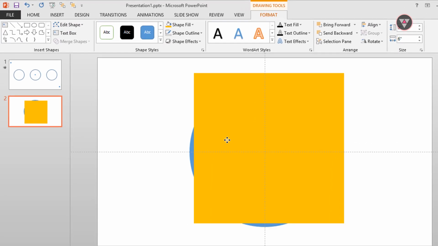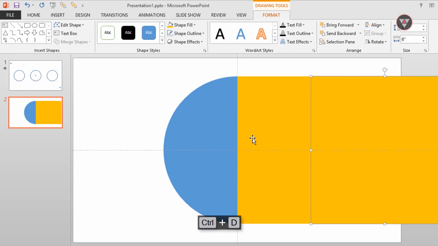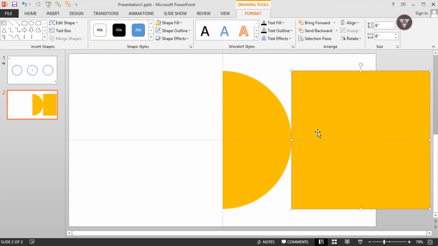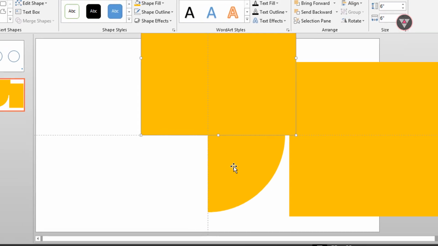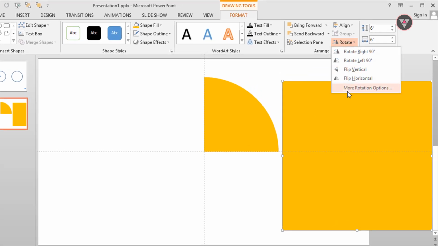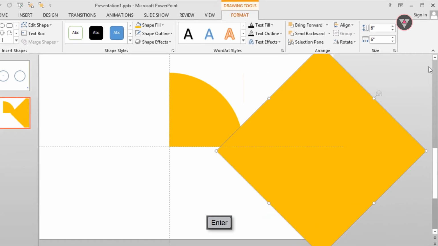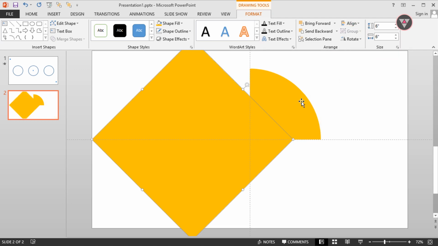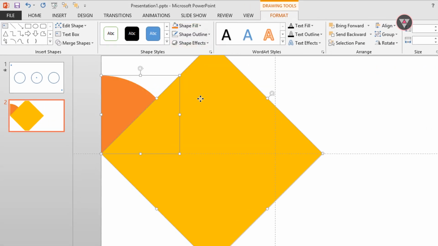Just follow the steps I do to take a piece from this oval shape. Okay, I got that piece.